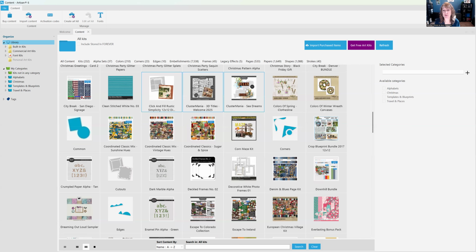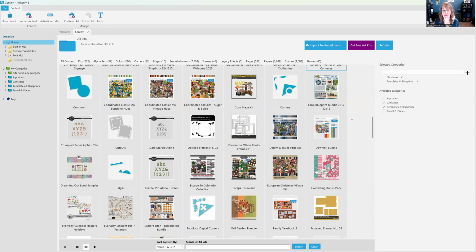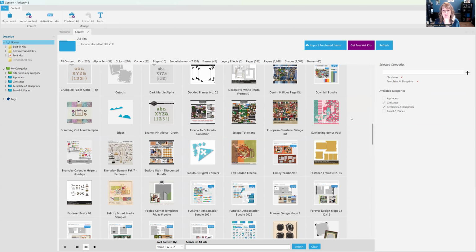You can choose multiple. So you can see that at least a couple of these went in travel and places, but I'm going to put them in templates and blueprints. This is also a template and blueprint. And come to think of it, it's a Christmas one too, and I didn't select that last time. So you can,